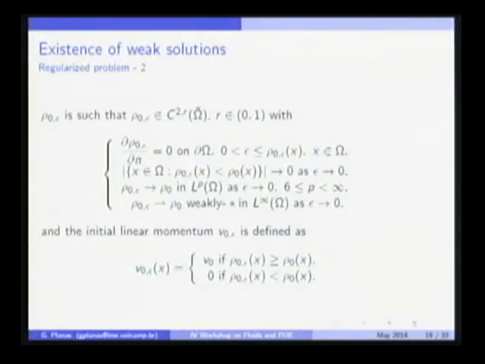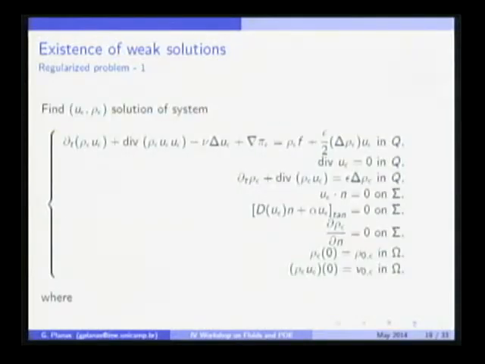We have used a parabolic regularization of the continuity equation. We also consider initial density in LP, which was not considered before, and the techniques are different from the other ones. How to solve this? The idea is to solve this regularized problem and send epsilon to 0. Then it is natural that this term will disappear, and this term will disappear. We expect to obtain our problem in the limit.